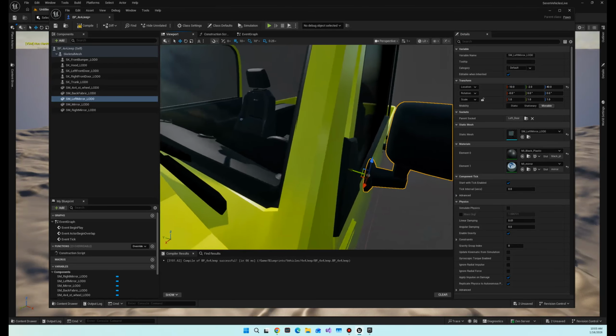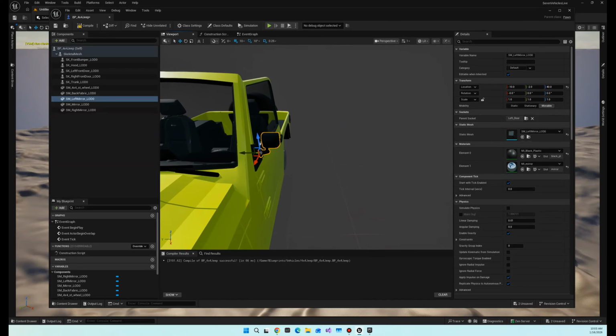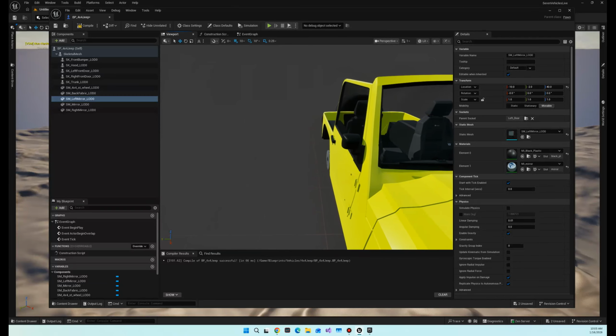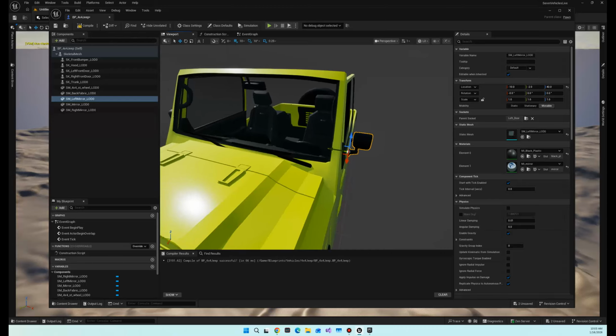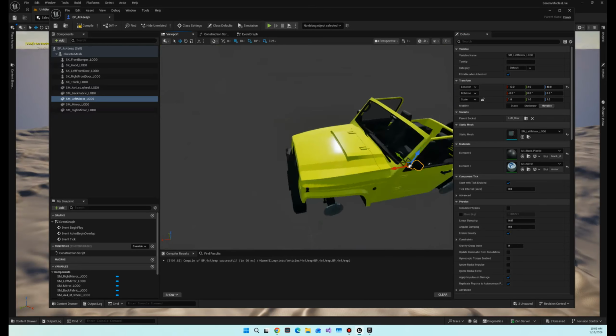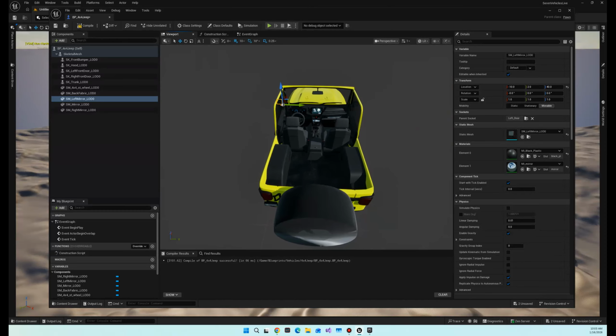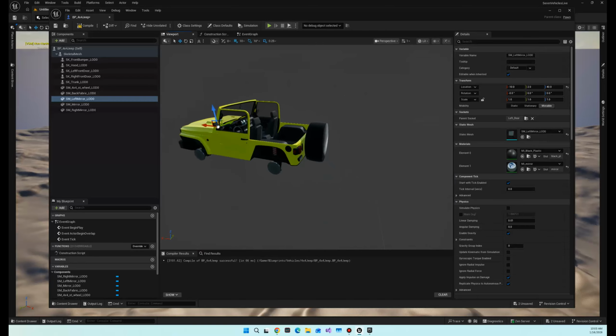So let's see, what's that look like? I want to make sure there's no gap there. There we go. Alright, so we've got the mirrors on,